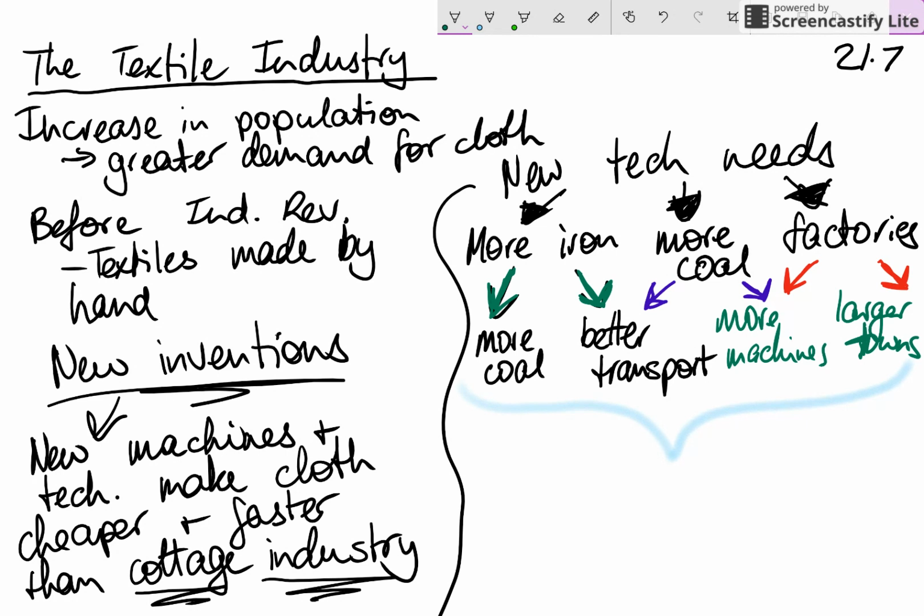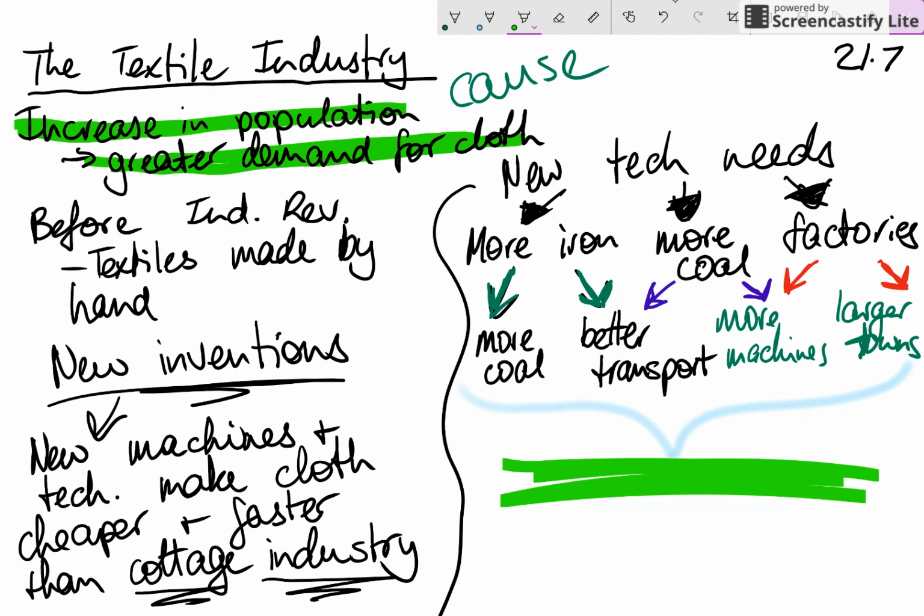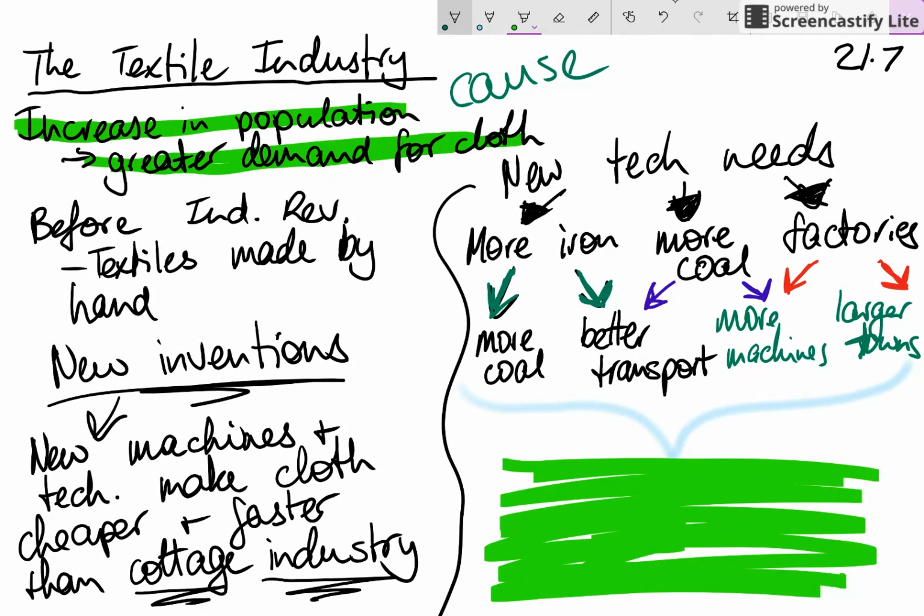So all of these things together, all right? So our cause is here. This is our cause, all right? And our effect is going to be down here. I'm going to colour in advance. So our effect from this bigger population needing more fabric is through just fabric. I'm only talking about the need for fabric now. We get more coal, iron,